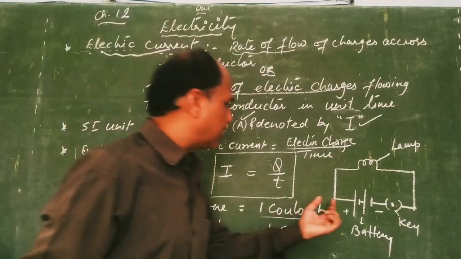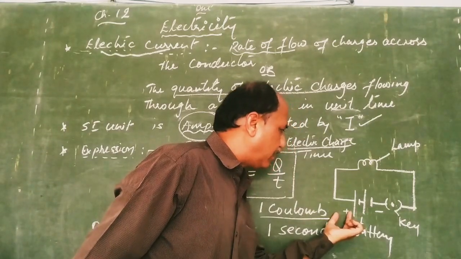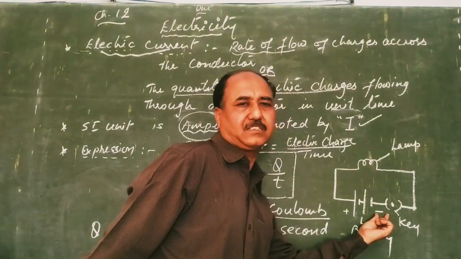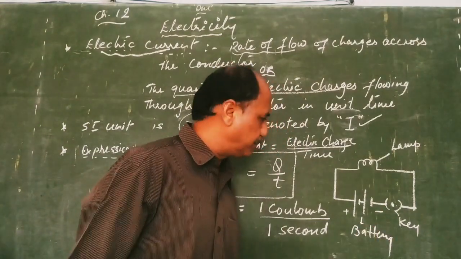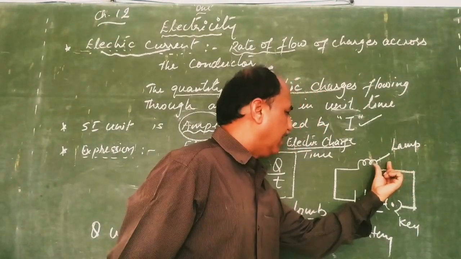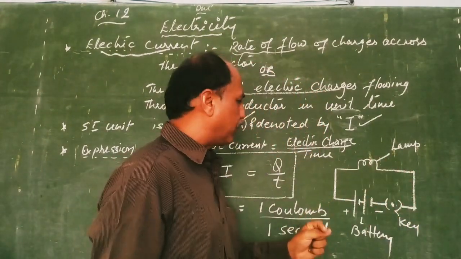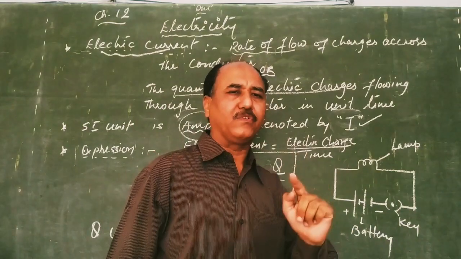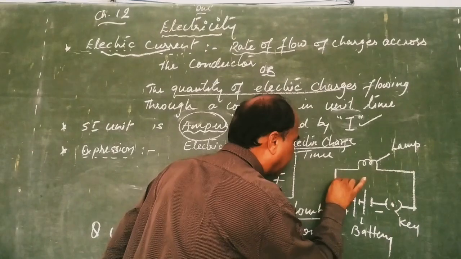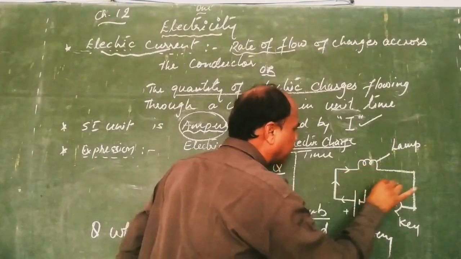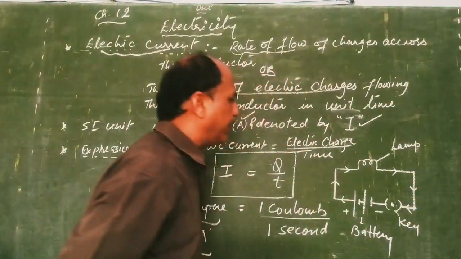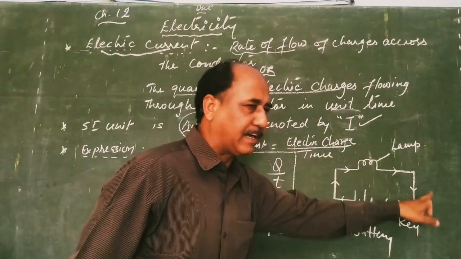Now when the charges are flowing from the negative end, they flow in the form of electrons, and the electrons are moving across the circuit. The current will always flow opposite to the flow of electrons. So the direction of flow of the current is shown with the help of the arrows here. This way we can complete our circuit diagram by showing the arrows.